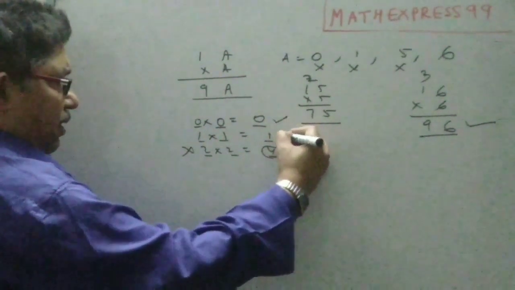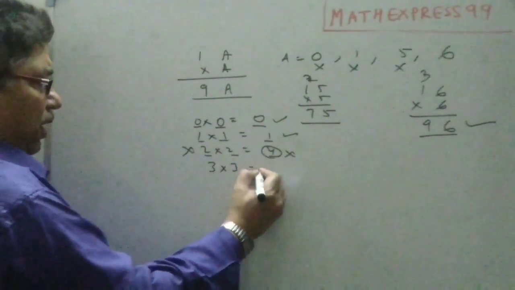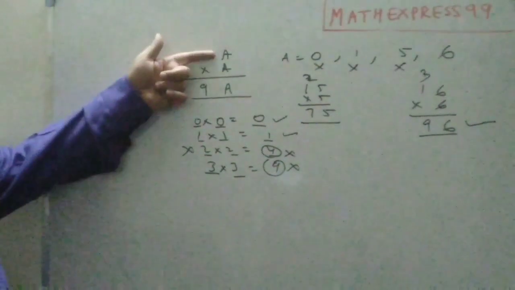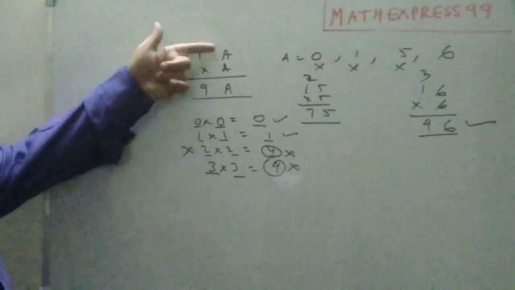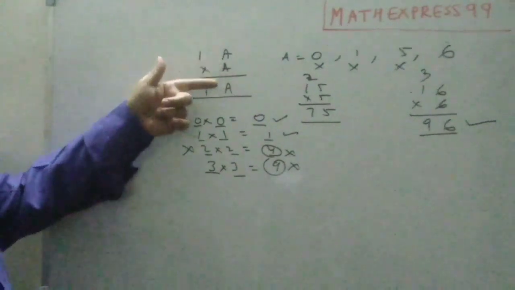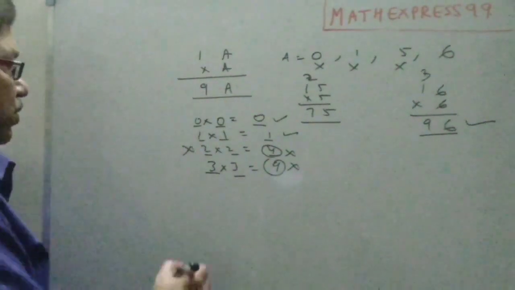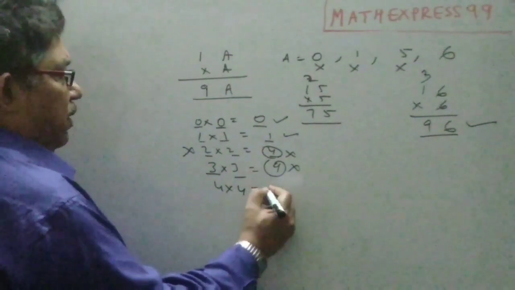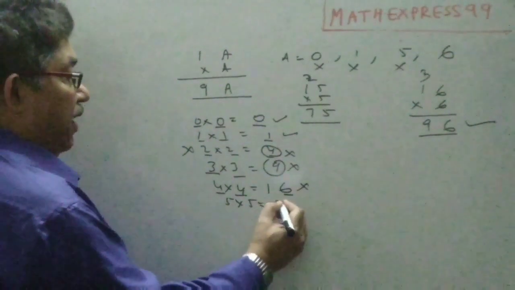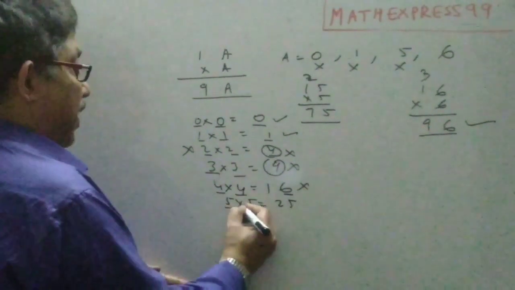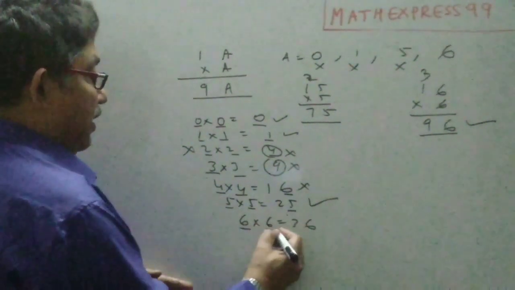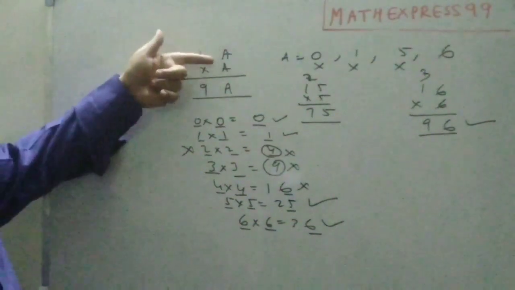These two can be correct. 3 into 3 is 9. So you have 3, 3, but you don't have 3 here. If you have 3 here, then you should also have 3 here. But 3 into 3 will make it 9. Not possible. If you have 2 here, it should be 2 into 2, 4. Again, not possible. And so on. So 4 into 4 is equal to 16. Again, 4, 4 and 6 don't match. 5 into 5, 25. So 5, 5 and 5, they do match. 6 into 6 is 36. Yes, this does match. So you have 6 here, you have 6 here, 6 into 6 will become 36.